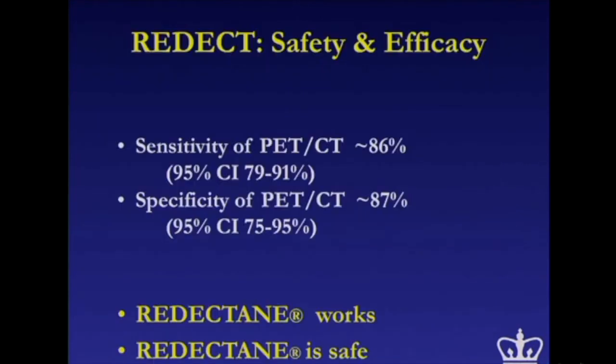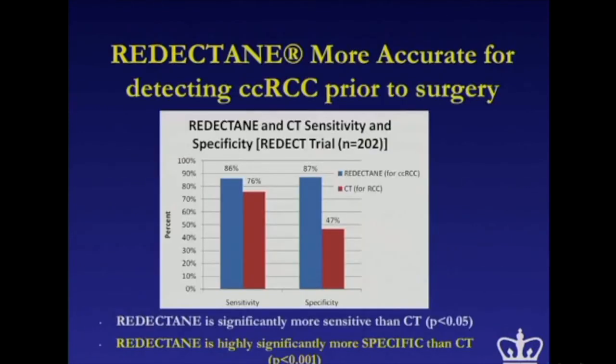The moment you leave your ivory tower, your results are going to drop. So our accuracy was 94% and 100% in the initial trial that we had done in one center in a carefully selected population with a pathologist that was outstanding and a surgeon that was outstanding. The moment we went into the wider world, we had to lower our expectations, but still our expectations were pretty well met, and we reached sensitivity and specificity of 86%, which was better than the truth standard that we had set for ourselves, which was CT.